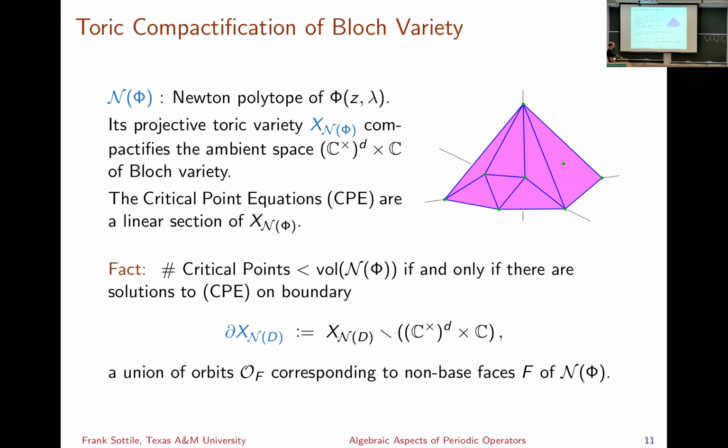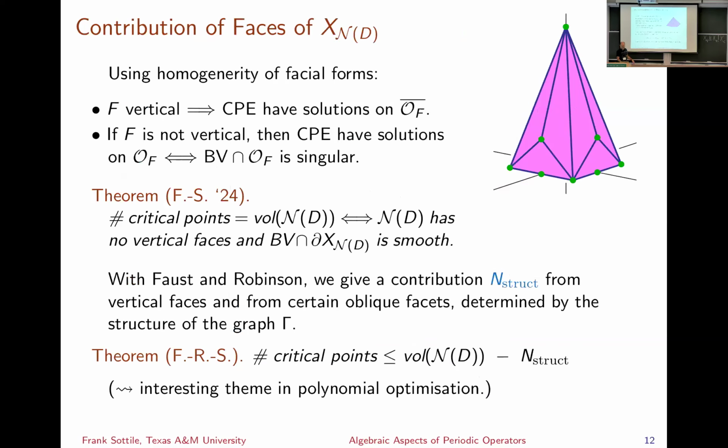In general, for sparse polynomials, you fail to have the expected number of solutions when there are solutions at some asymptotic direction, at infinity. In this case, they're actually on a physical object on this toric variety. So now, on each face of the Newton polytope, the corresponding intersection with the orbit you can get by looking at the critical point equations restricted to that face, which are called facial forms, and oh boy,